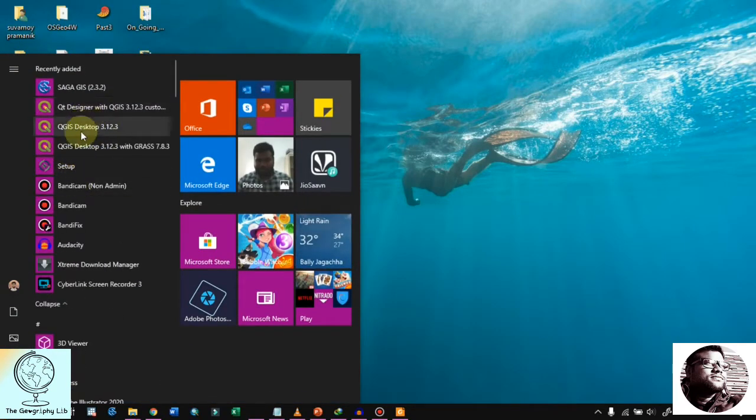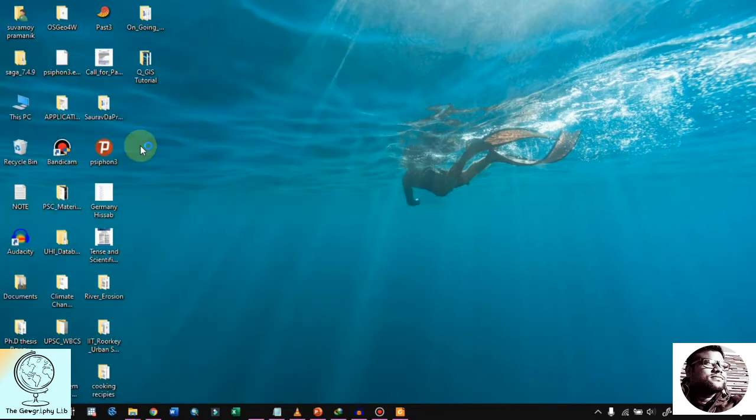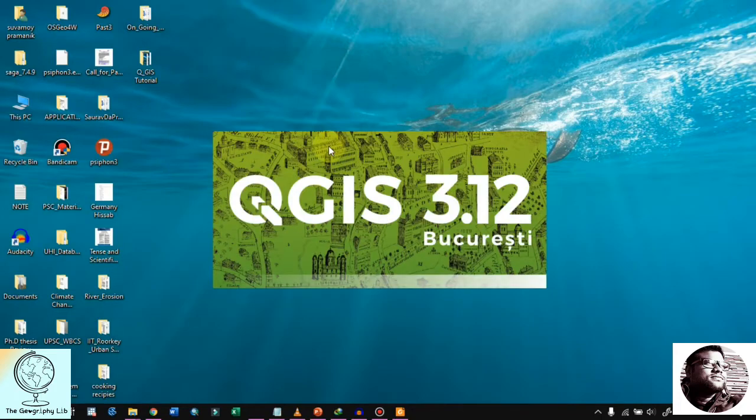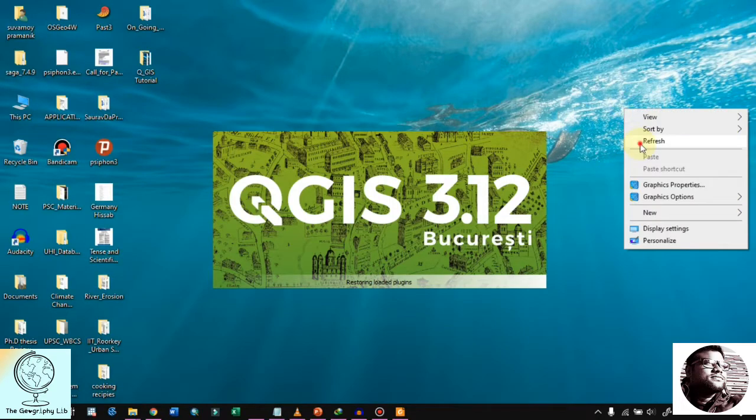Maybe there are several others, that is Saga, QGIS Designer, desktop with GRASS, etc. So I am going to open QGIS desktop with GRASS. Let's open the QGIS 3.12, and during this time it is actually setting up the graphic user interface. Initially it will take some time as it is setting up all these